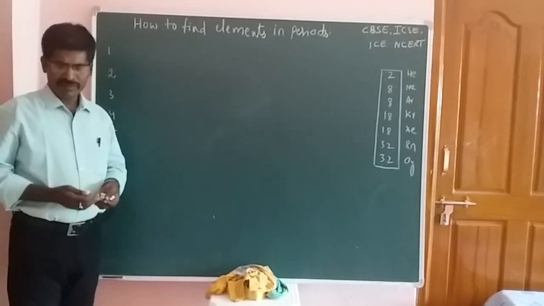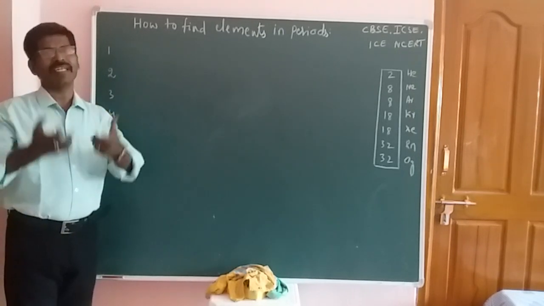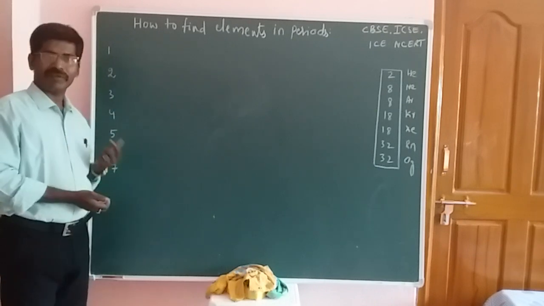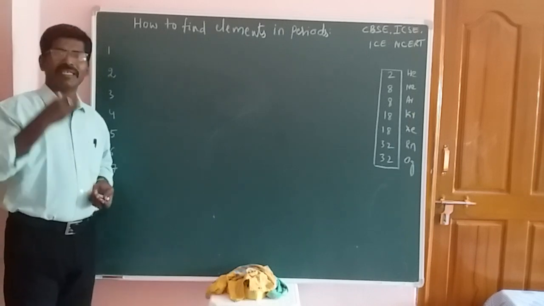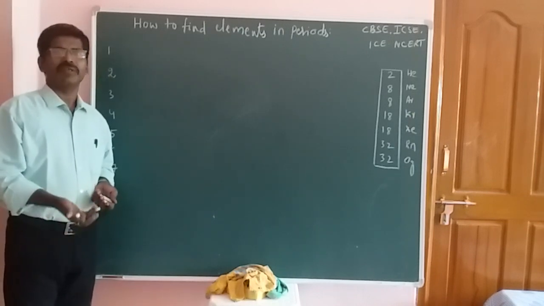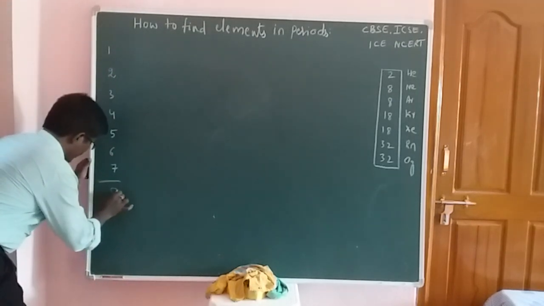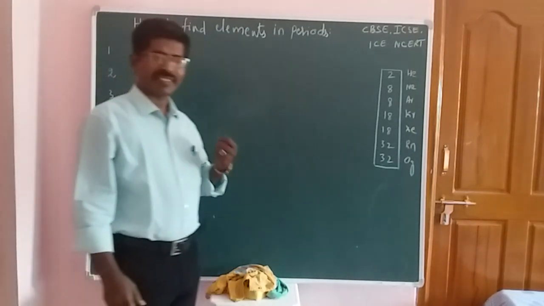Now I am saying we should assume we have an 8th period, then a 9th period and a 10th period. Up to here we have only 7 periods, and the 7th period's last element is oganesson. For example, if any scientist discovers new elements, we would have the 8th period, 9th period, and last the 10th period. Now, how many elements are present in the 8th period, the 9th period, and the 10th period? So we have two formulas. Okay, now that is the mathematical formula.